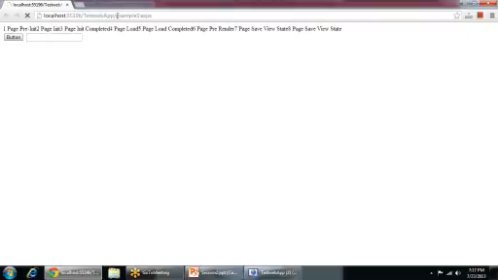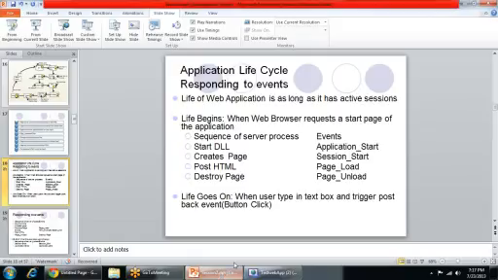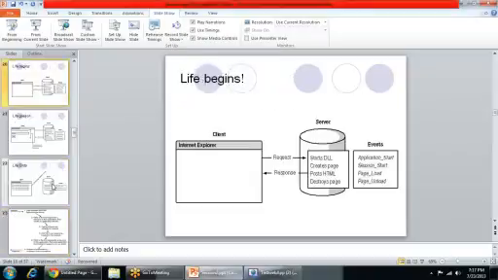So before the page, the main thing is the application. You have an application, then within the application you have pages. So now we'll see what the application lifecycle is.